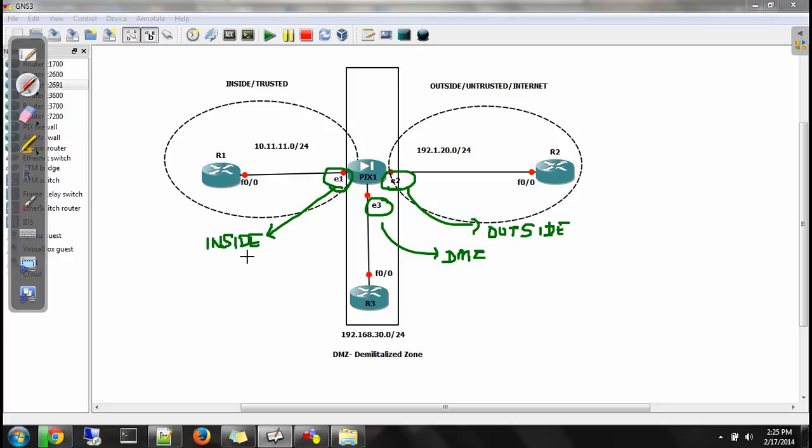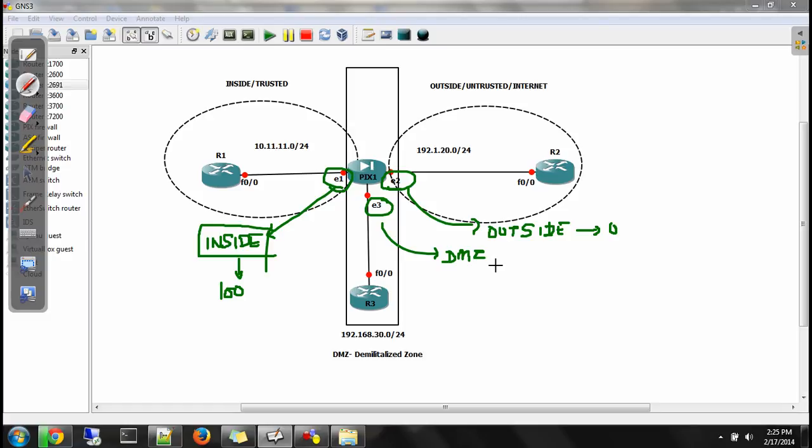If your name is inside, the default security level will be set to 100, which is the maximum security value. Except for the name inside, if you assign any other name to any interface, the default value will be set to 0. So similarly for the DMZ interface also, the value will be set to 0, but I don't want it to be 0.